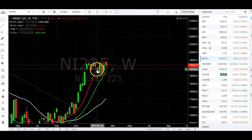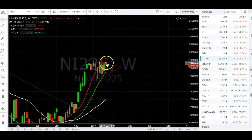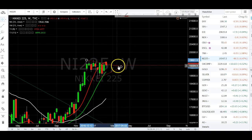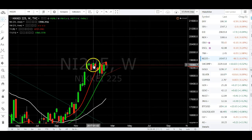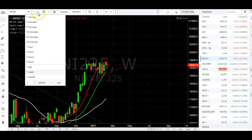We do have a hammer on the weekly. We had a punch, retracement, and then a punch, and then a punch rejected. I think if we take out that, you can see maybe a push up and then a pull back into support. But we are closing on that throwback, closing way below the previous highs. So I'm thinking rejection straight off the bat, but